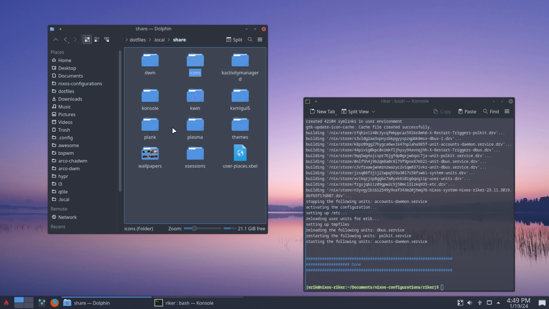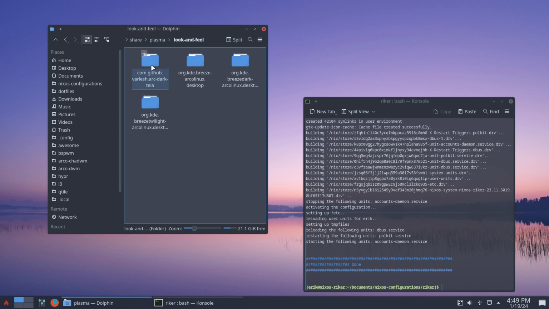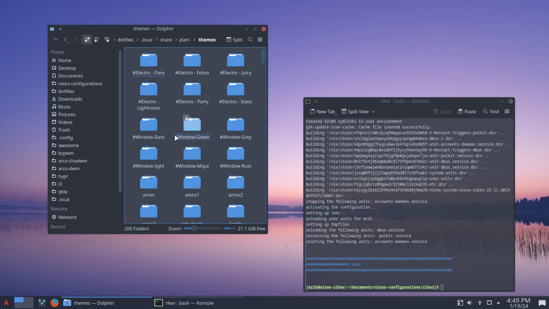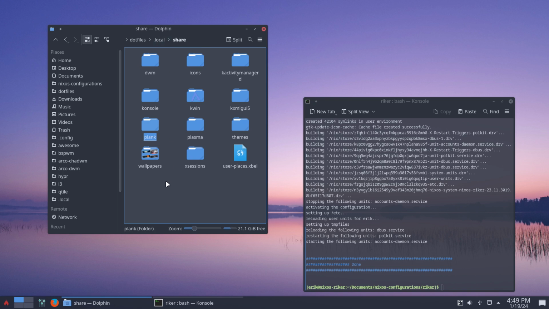I don't know what else. Plasma stuff. Look and feel. I want this look. Okay, I just grabbed them from ArcoLinux. You grab them from anywhere else. You have all the Plank themes, 100 Plank themes, right? So it's all about choices. This as well. User places XBEL when I open